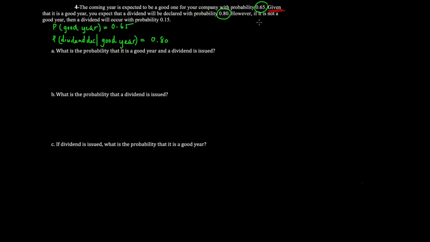The next sentence, we have if it is not a good year. So the if and the given, I'll put them here, are the same, okay? If equals the given. So it means it's a condition, right? We're setting a condition. So let's write out this last one. So it's the probability of, if it is not a good year, what is the probability that a dividend will be declared? So a dividend declared, and this is equal to 0.15,